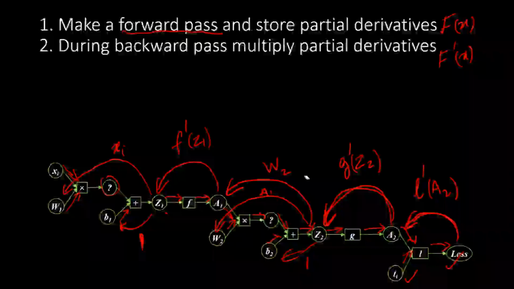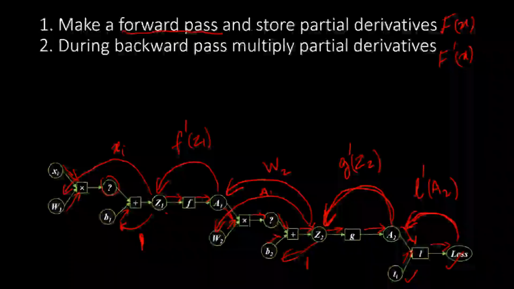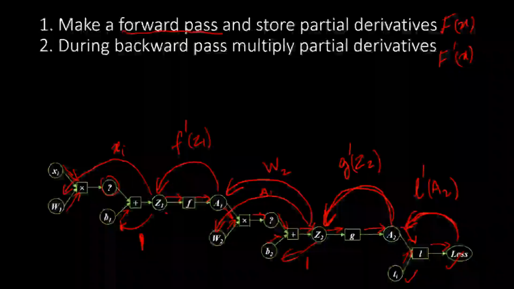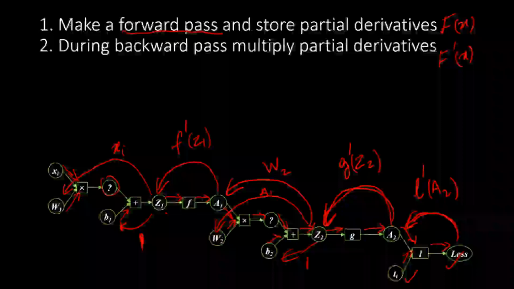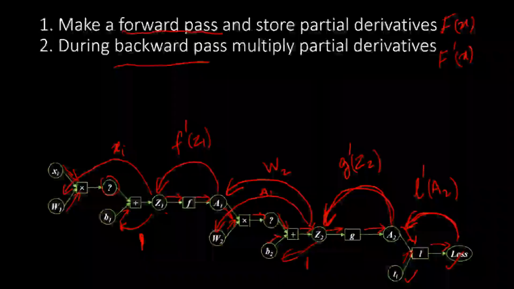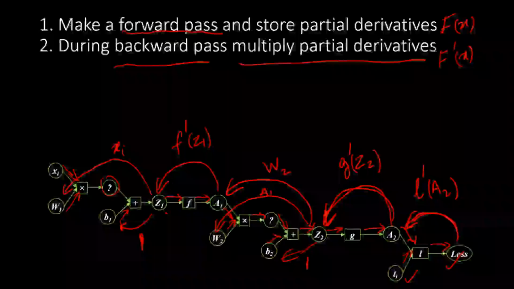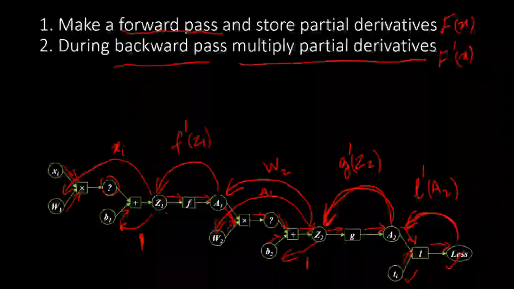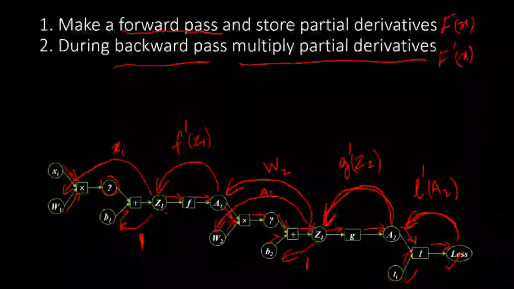So that's local storage of partial derivatives at those operating points is basically what makes gradient descent more efficient. Otherwise, if you have to analytically derive the derivative, then it's going to be very cumbersome, especially for deep neural networks. So the backward pass is basically just the multiplication of locally stored partial derivatives, and that is basically what the backpropagation algorithm is.